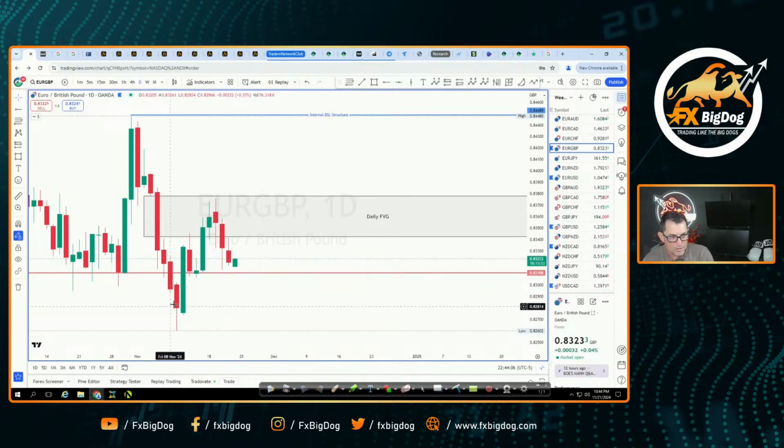So remember, the market went ahead and created this, sorry, my bad. I call it a breaker block. This order block. The market's gone ahead and created this order block right here and gone north. So this is an order block that price is now using as support. We're starting to see the market slow down here. So there's a turnaround that is expected here on the euro pound, looking for price to target this high right here.